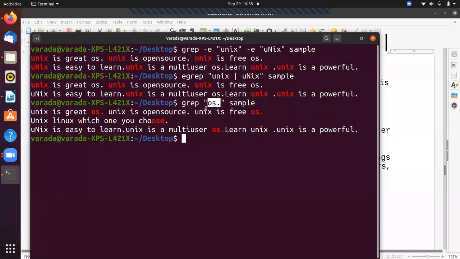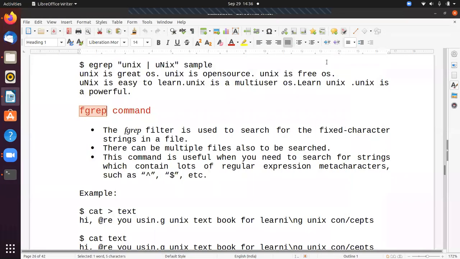I can declare this pattern as a fixed character. That means here the dot is not a meta character. It is treated as a character only. So how can we specify that? By using the fgrep command.